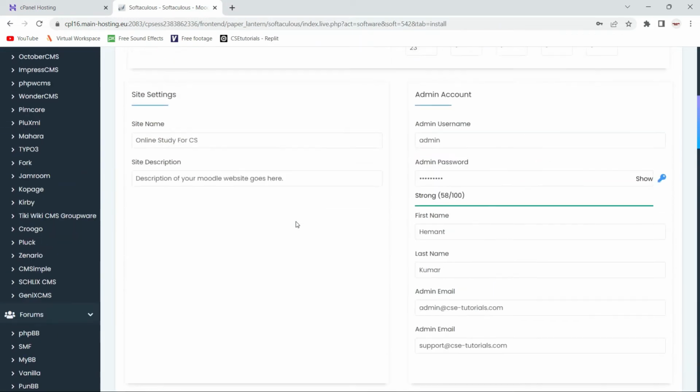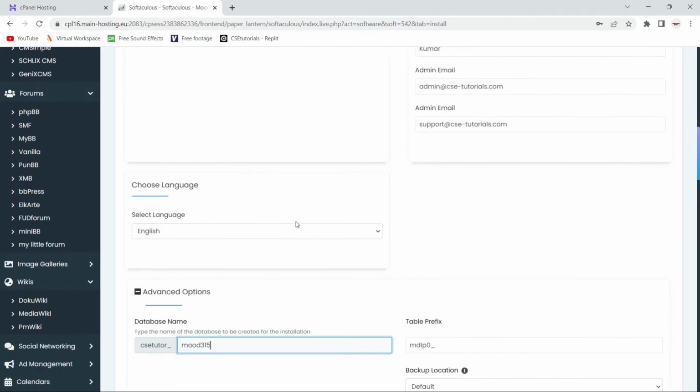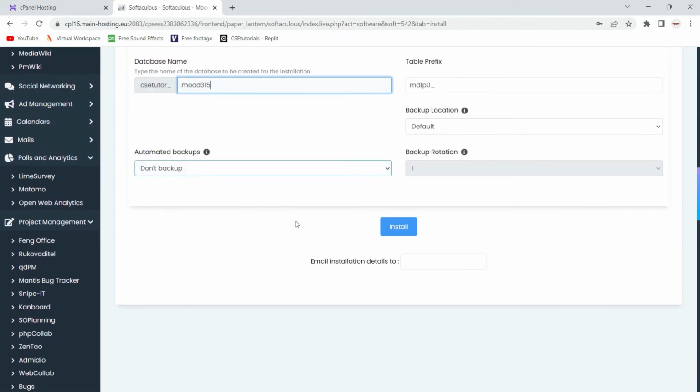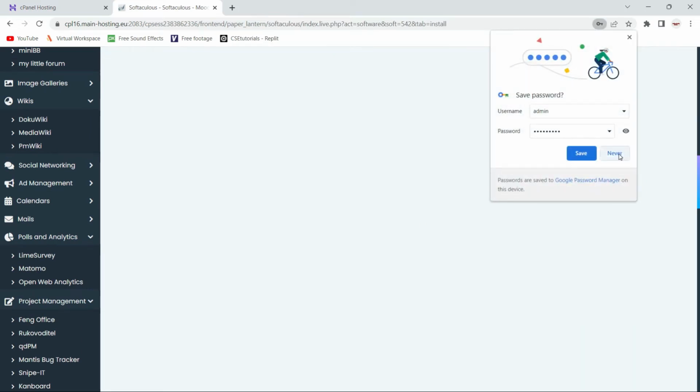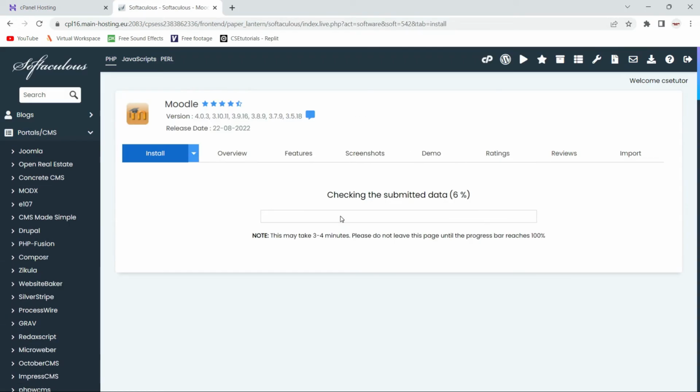After filling in all the required details, since some are not mandatory, you have to provide at least the mandatory details, and click on install. Once I click on install, it will start the installation.